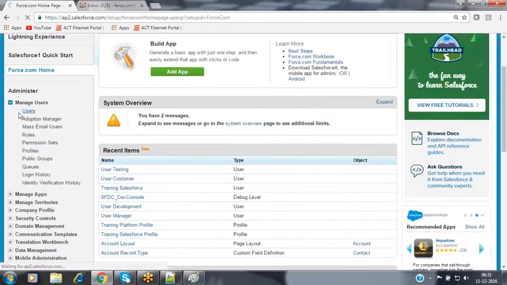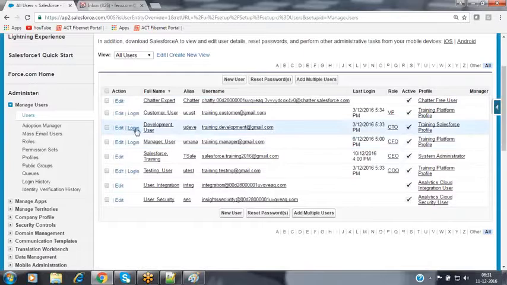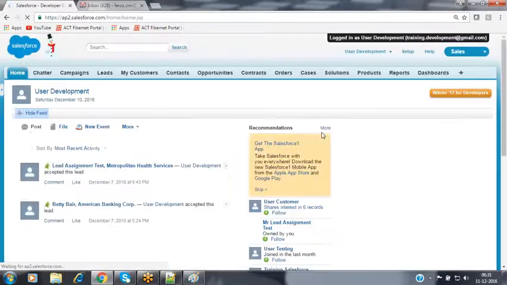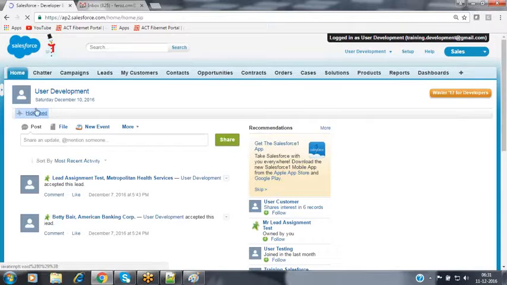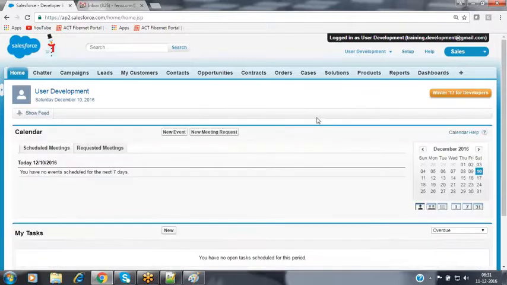Now let's assume that I have a user called development user. When you log in, the development user is associated with a Salesforce license. As a Salesforce licensed user, this person can access all the standard functionalities and standard applications given by Salesforce, as well as all the custom applications and custom functionalities implemented by the user.